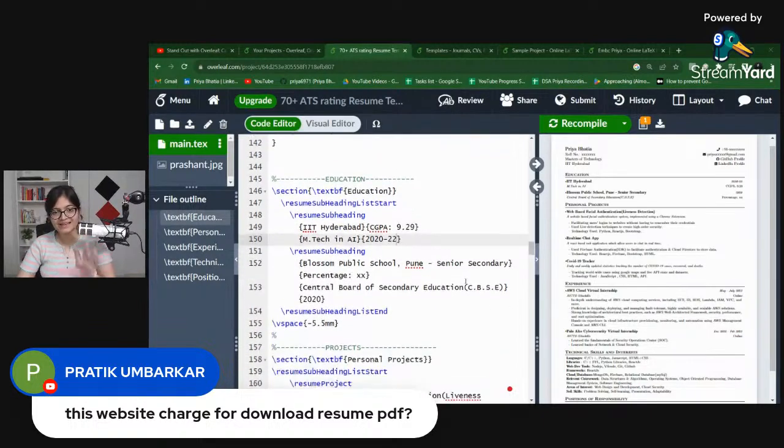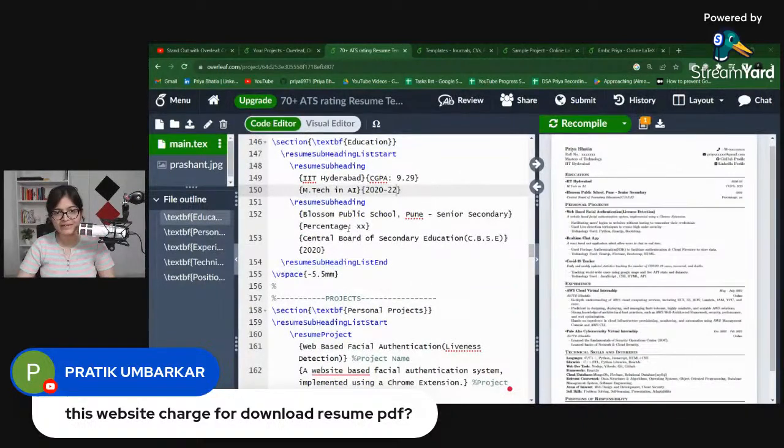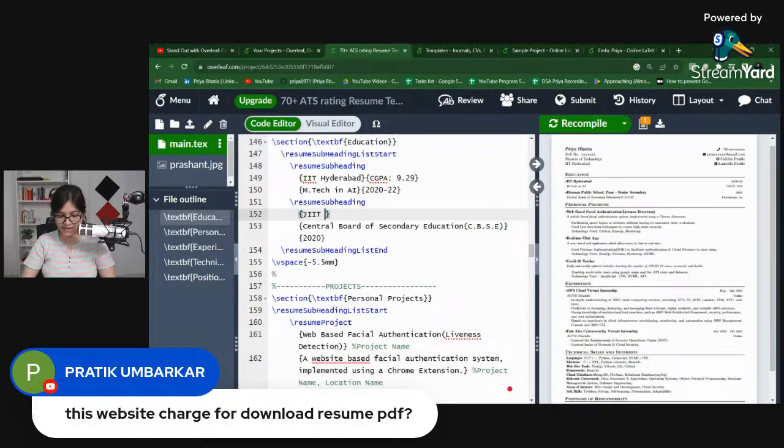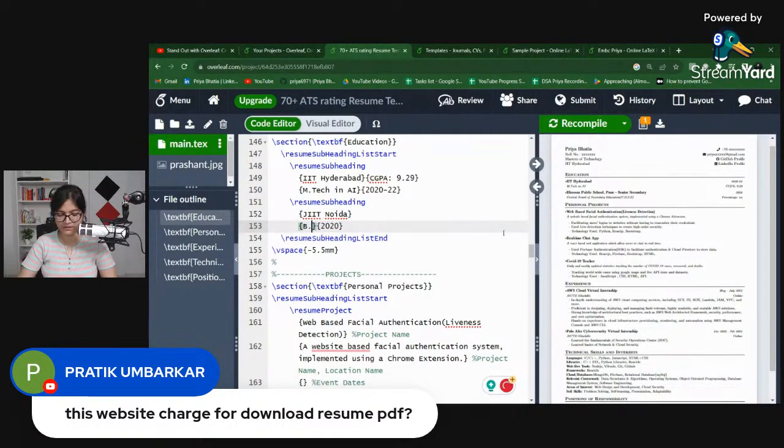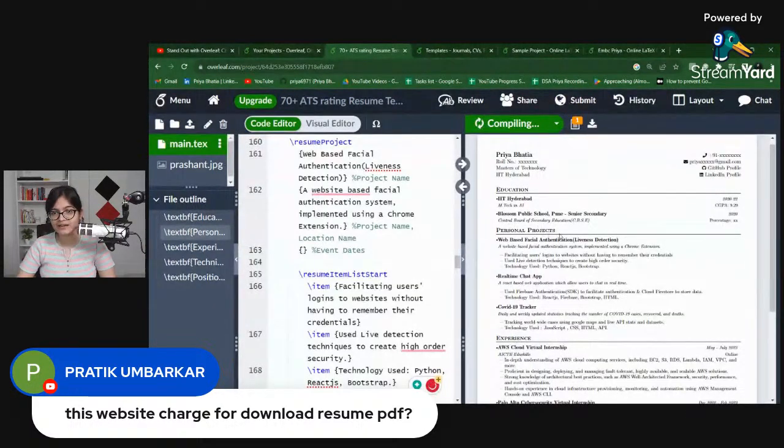So accordingly, for example, after that, I will write my bachelor's college is JIIT Noida, JP Institute of Information Technology. And here I will write that I have done, let's say, BTech in CSE. And here I'll write it as 2015 to 2019. Now, again, if you run this, you will be able to get a